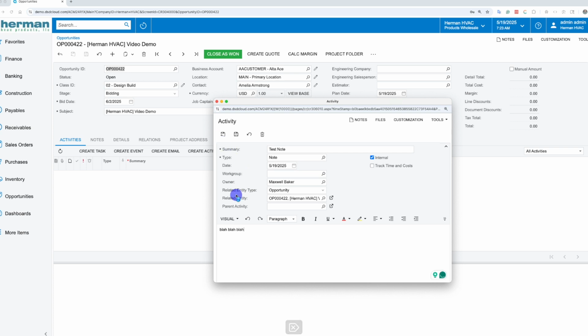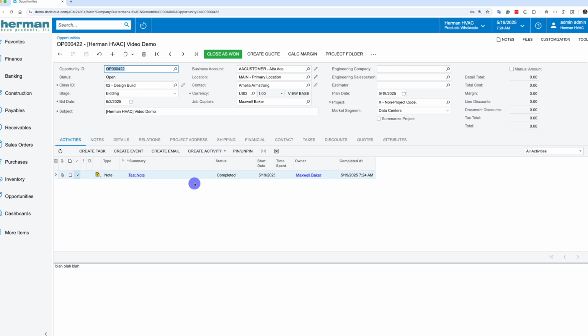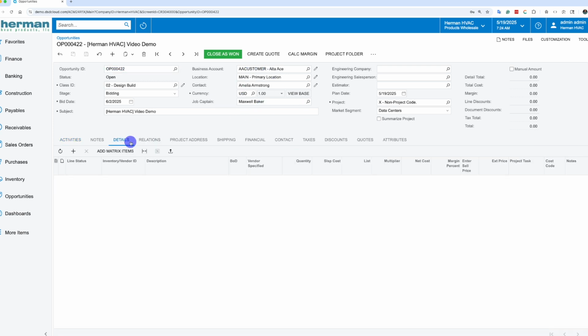So once we create notes, those things become activities within the system here. Other things that are activities: emails, when we email the sales quote from this opportunity, those kinds of things. Now, to generate a quote, sometimes what we need to do is get the items that we plan to quote for this particular prospect. We're going to go into our details tab here, and we're going to just start adding